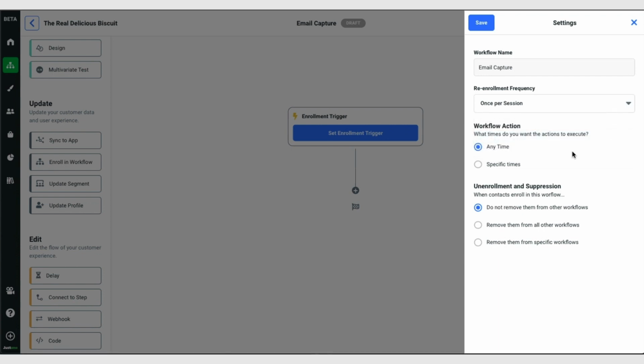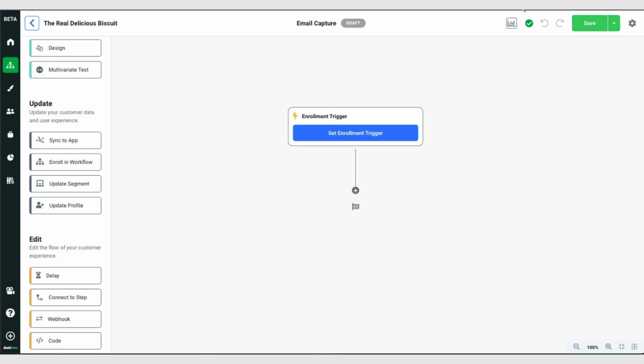And you'll also see some unenrollment and suppression settings. So if someone enrolls into this workflow, you can keep them enrolled in other workflows or suppress them from a specific workflow or all other workflows, which generally will help with CRO and ensuring that the visitor experience is still very clean and tidy. So we'll set this one to once per session, and then let's go ahead and build